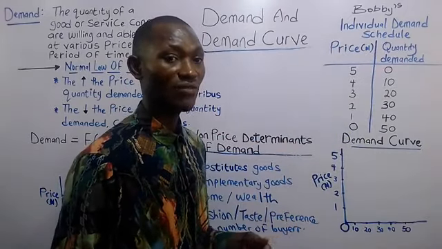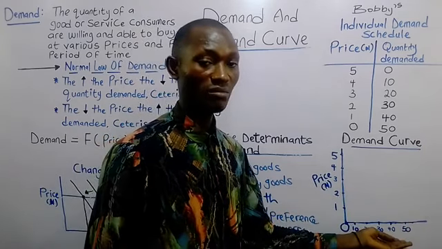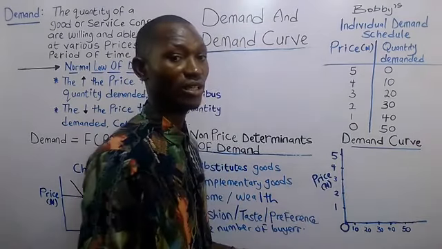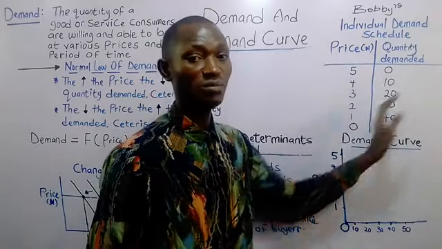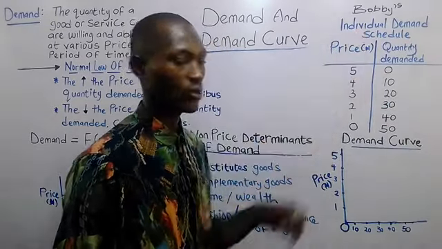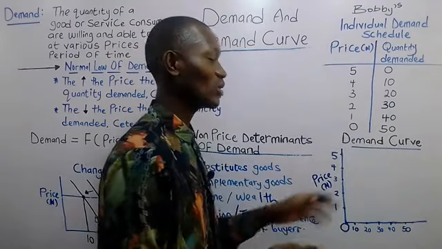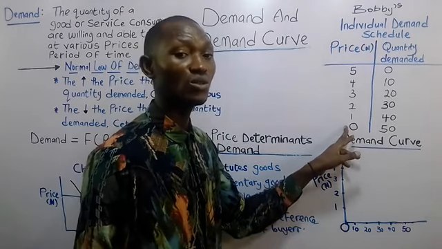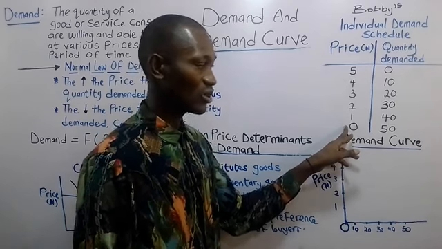So it shows the graphical relationship between the price of the commodity and the quantity demanded for that same commodity. So let's plot this demand schedule here. We are going to be plotting the prices against the respective quantity demanded for this commodity, petrol in question. When the price is 0, we are assuming here, because it's kind of unrealistic, this is a case of free goods where you don't have to pay to buy or consume the goods.